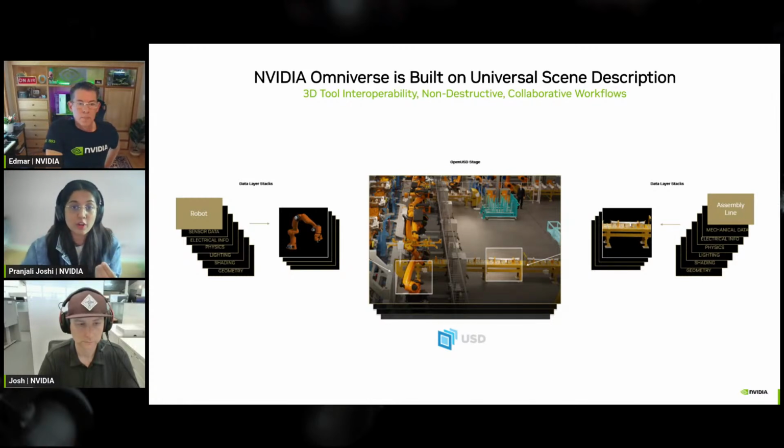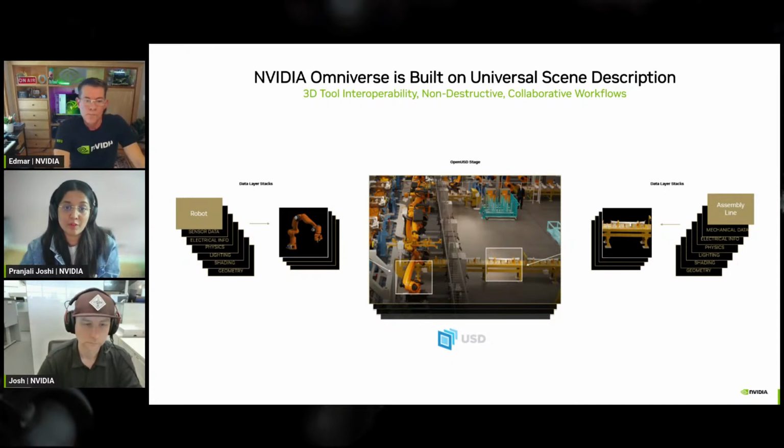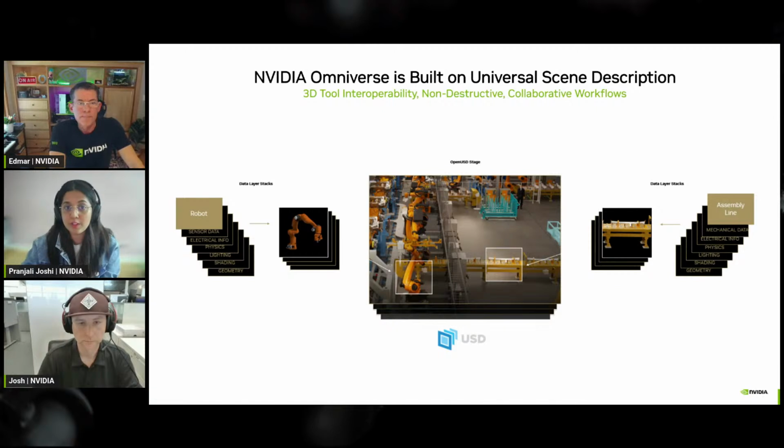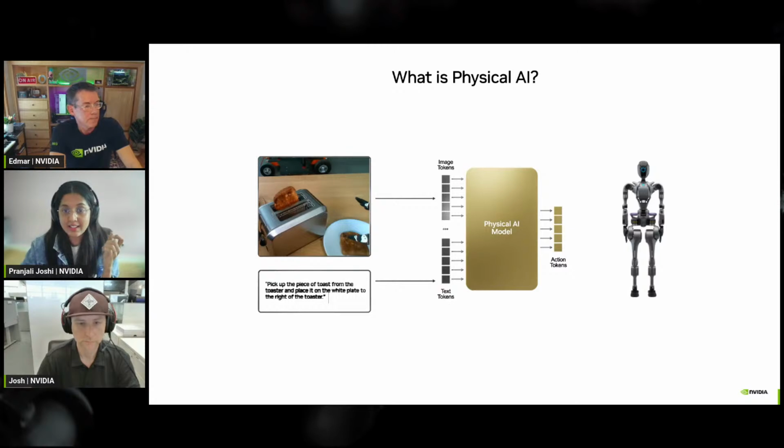And I think Josh will talk more about why OpenUSD and why Omniverse is such a key for building world foundation models. But before that, I also want to talk about why we are doing this and what is physical AI. So if we move to the next slide, I think this is a very concise representation. It doesn't show the complete potential of physical AI, but you can think about physical AI as the models that will understand and modify the physical environments that we live in.